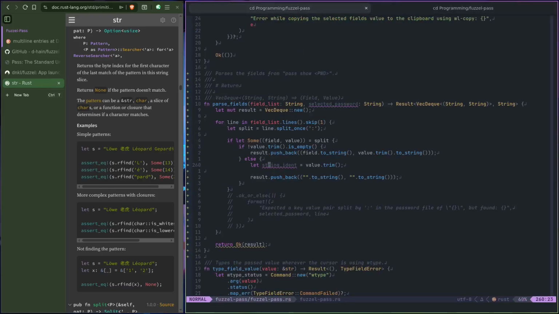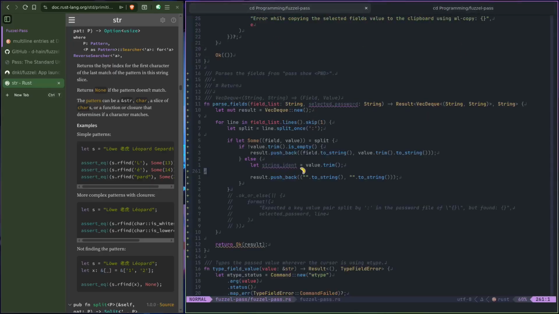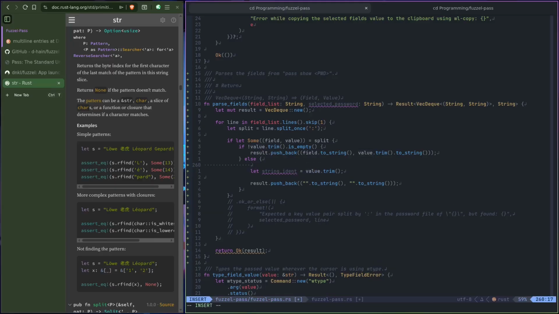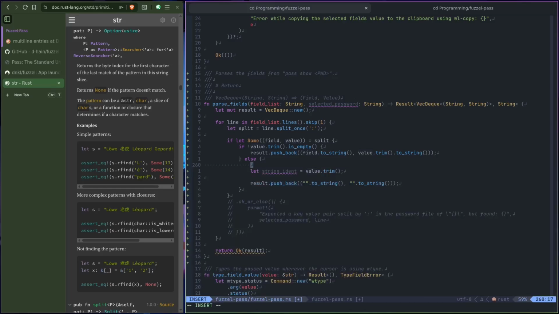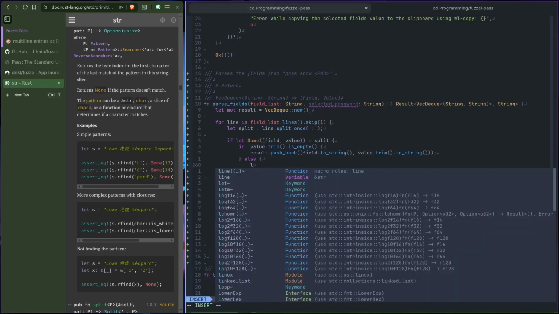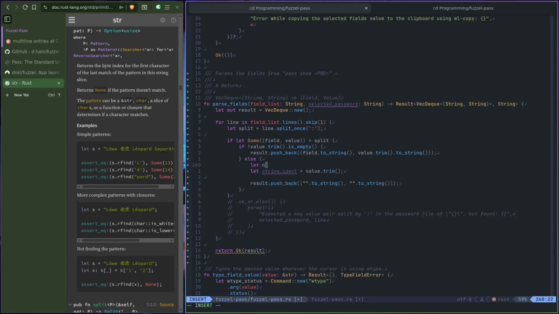So we're assuming that the next one is a string identifier. So that if value is empty, we need to go to next. Well, we need to go to let next line equals,